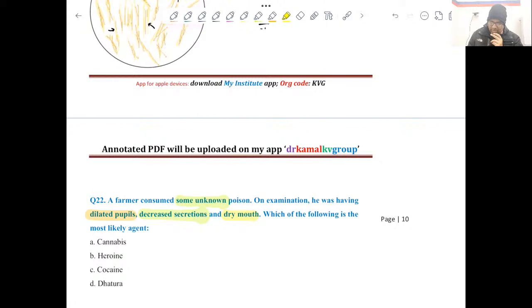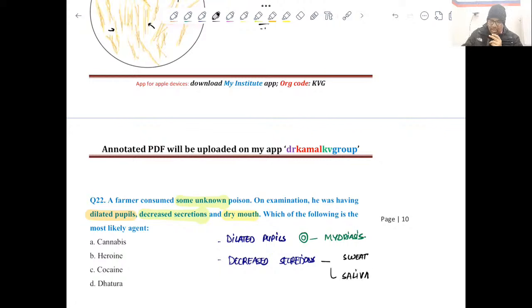Now here look one thing, dilated pupils. Clear? So the pupil will be something like this. So this is what? Mydriasis. Then decreased secretions. Decreased secretions, it can be sweat, it can be saliva, and saliva is leading to dry mouth. So it means all these features are anticholinergic. So all these are anticholinergic or against parasympathetic, and if you look for multiple D's here,